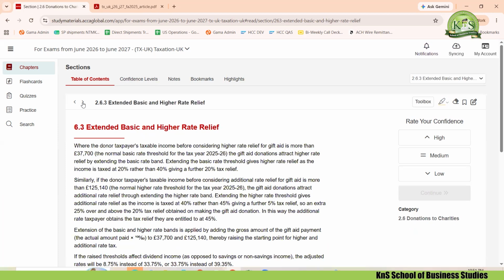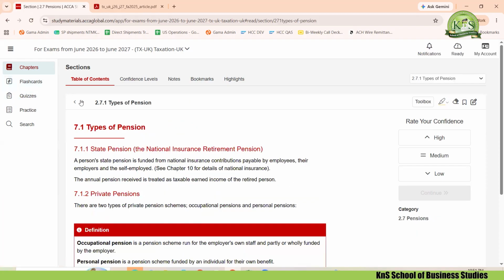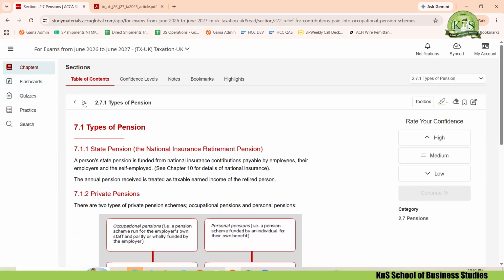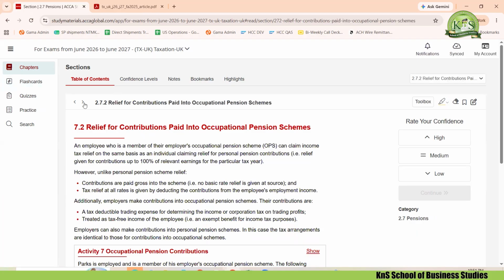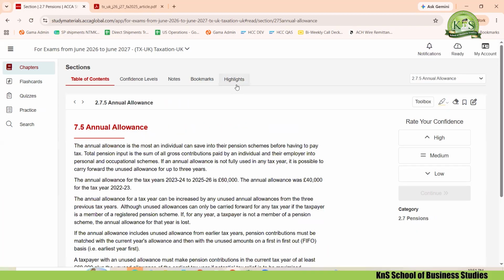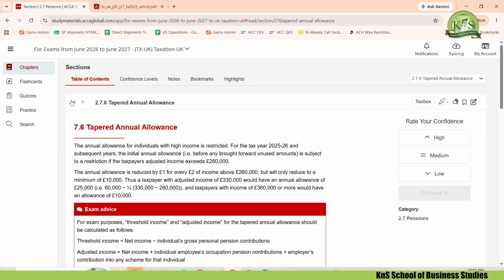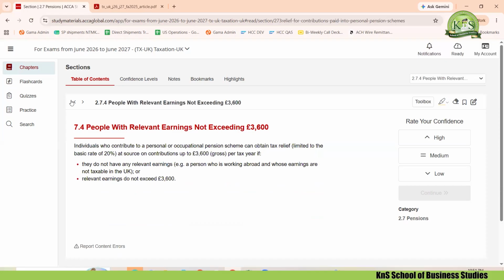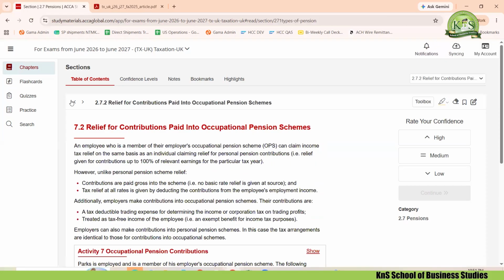What you can do is try out the quizzes on the study hub. Those who want to do the kits can do the kits, and if you want to try the quiz, you can see how much you score. Then in the next class we will cover savings and dividends. There are many concepts in this, and it's a very detailed and lengthy topic, so we can't do all the topics in one class.